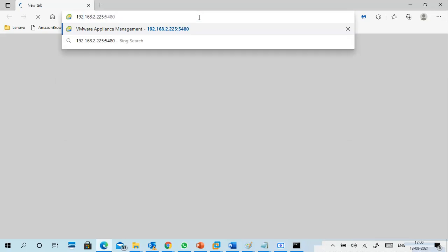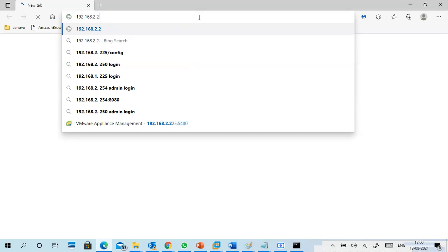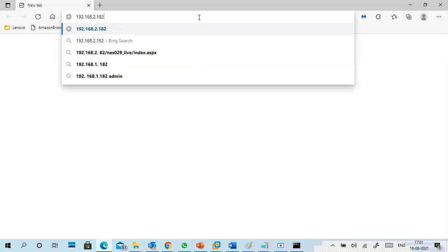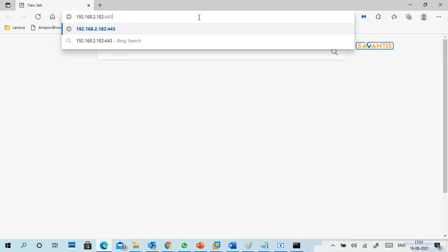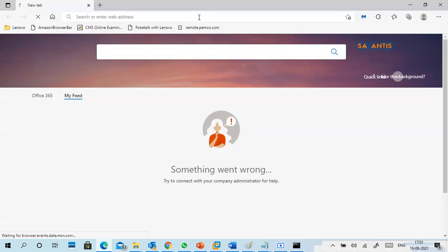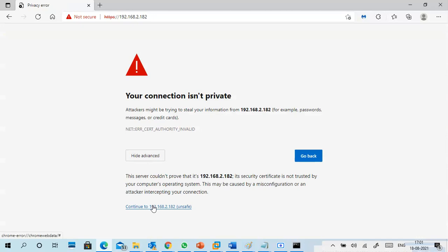192.168.182, and port number is 443. Okay, it is open.